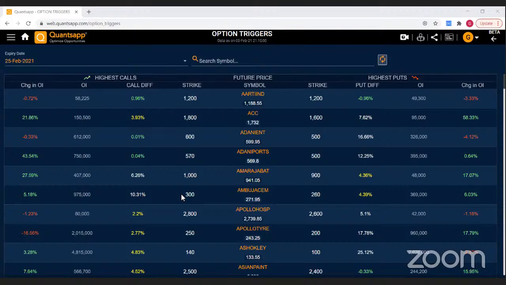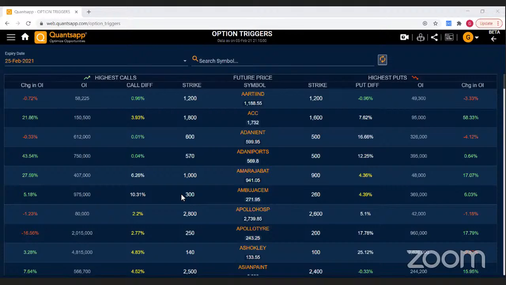So when I say that stock is trading at, suppose, the level of 998, this is very near to the 1000 level, and the highest call OI, highest call open interest, is standing at the level of 1000. So the stock is nearly trading at the level of the highest call. Now say I want to analyze and see how the market participants, the call writers, are doing at that